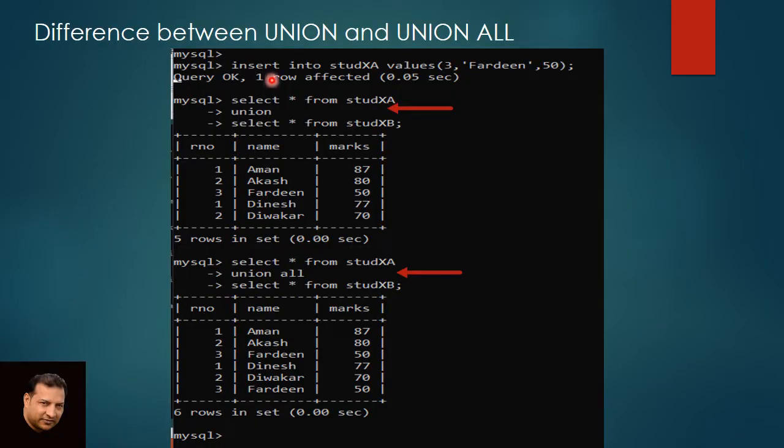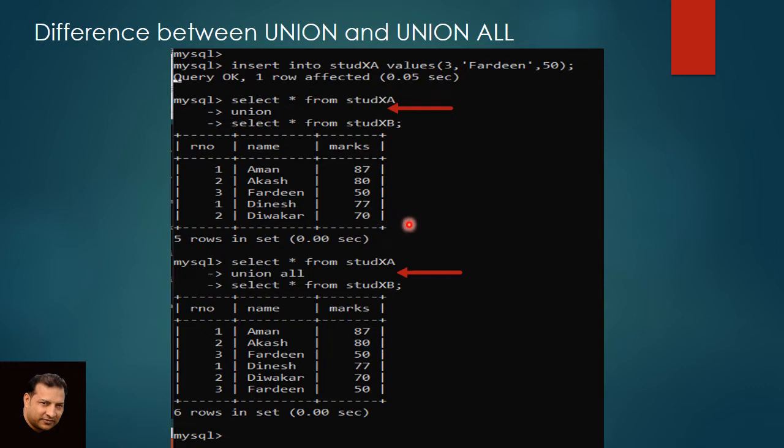See, difference between union and union all. Select asterisk from student A union, select asterisk from student 10th B. So see your output. These two are from first one and these three are from second one.